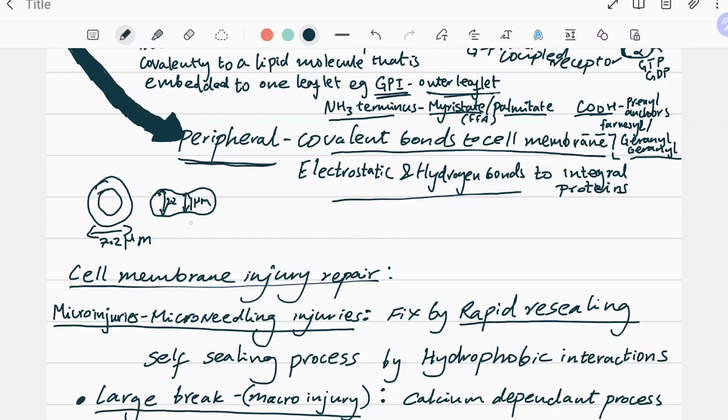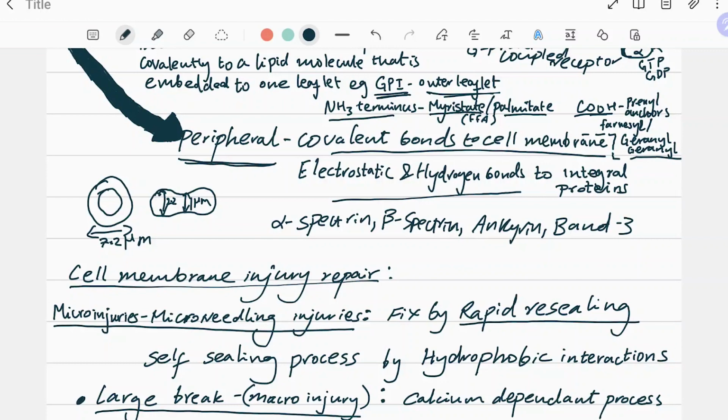So what happens with your RBC biconcave shape is it is held in shape by some peripheral proteins, and these peripheral proteins are given the names alpha spectrin, beta spectrin, ankyrin, and band 3. And I will speak about this in more detail when we go to the chapter of elliptocytosis and ovalocytosis, which